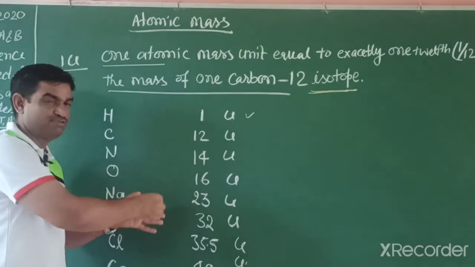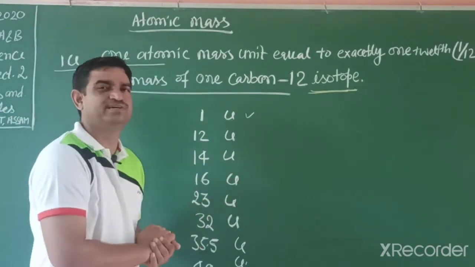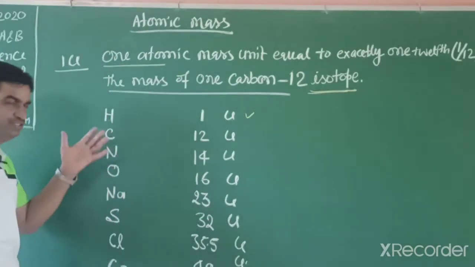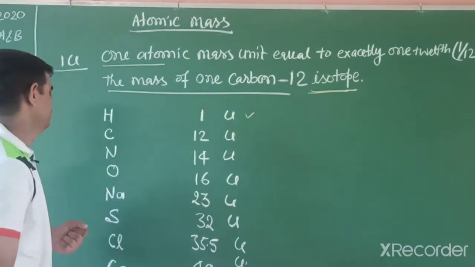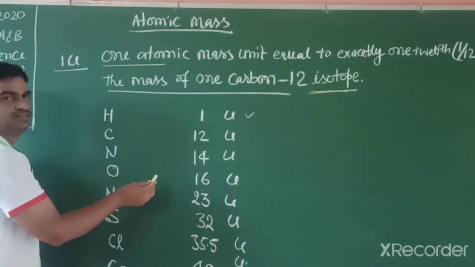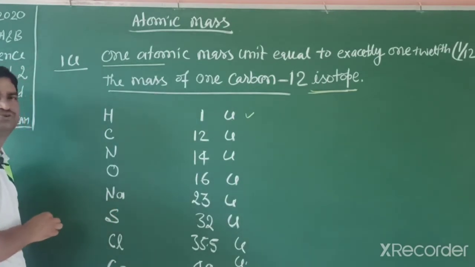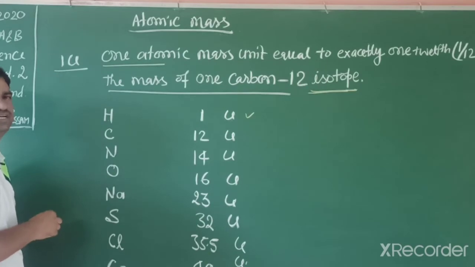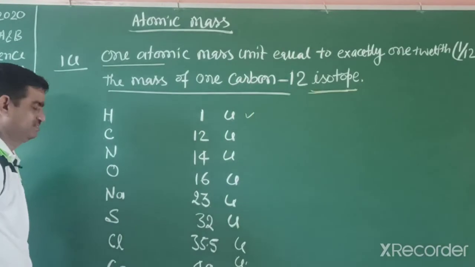Actually this mass is not a whole number, it is a fraction, but we will round it up to a whole number, because this mass is the average mass of all the isotopes. Nitrogen mass is 14U, oxygen mass is 16U, and another element, sodium, whose symbol you already know, that is Na, Natrium, its mass is 23U, unified mass.